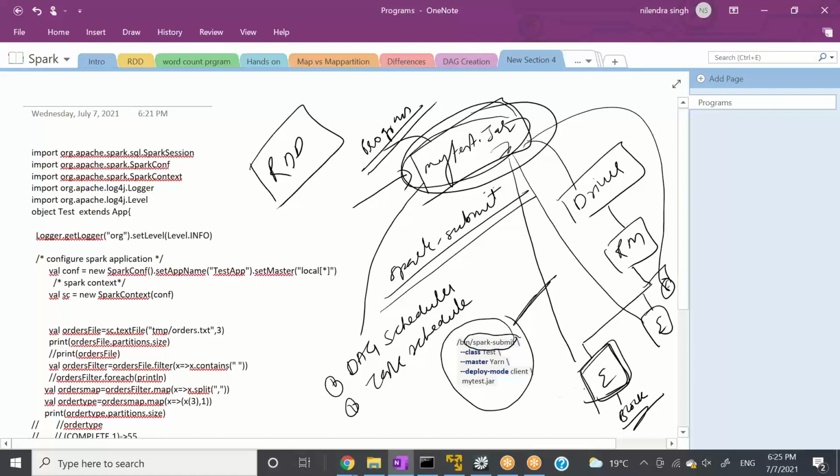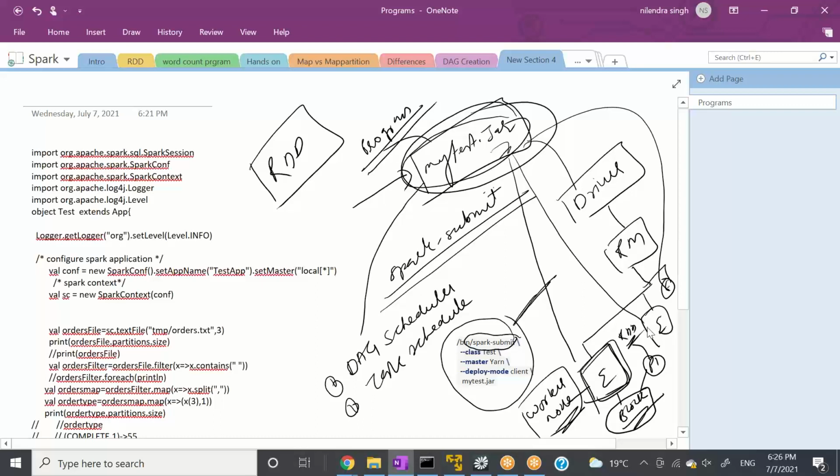Let's call these executors running on worker nodes, right? Your data will reside on these worker nodes, and your executor will be running on the data which is stored on these worker nodes. But whenever you run a Spark job over these HDFS blocks, your partitions will be created. Over these partitions, your RDD will be created. Something like this, right? And we covered this in a lot of detail.